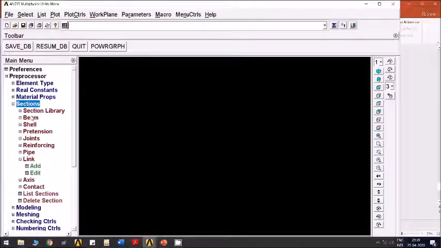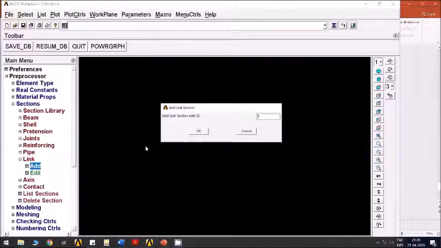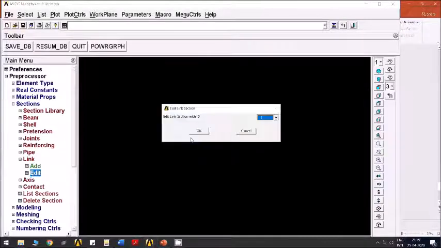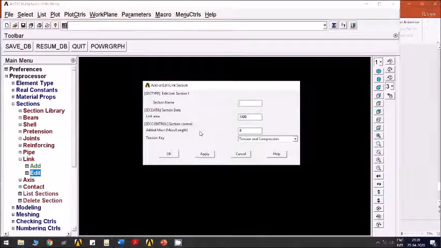Now sections, link, I'll edit the first section itself. Cross section is same for all the members. 20 mm is the diameter. So we'll calculate the area as 3.142 into pi d square by 4.